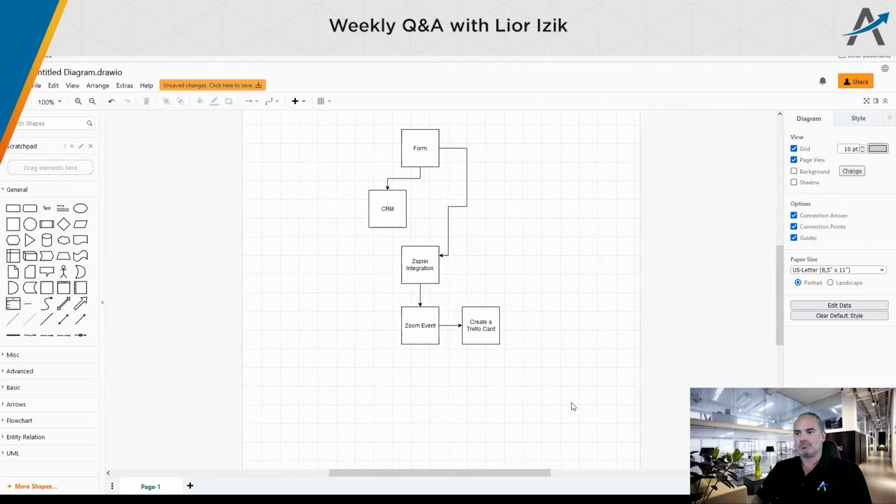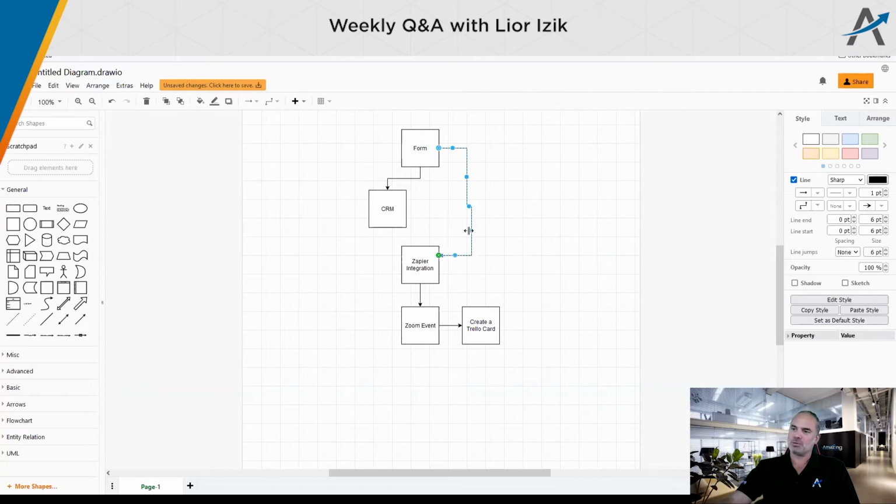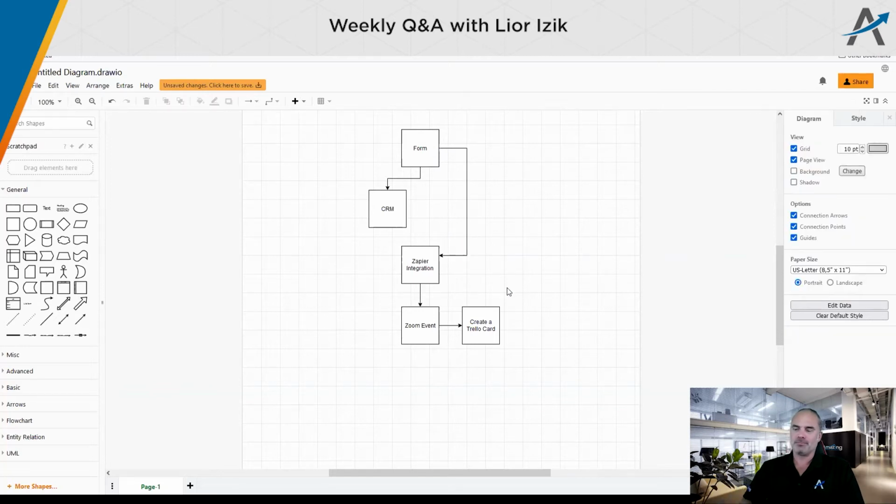Easy. Yeah, that was easy. It's just that the architecture sometimes might be confusing because there are too many moving parts. So that's probably the solution. Okay, awesome.